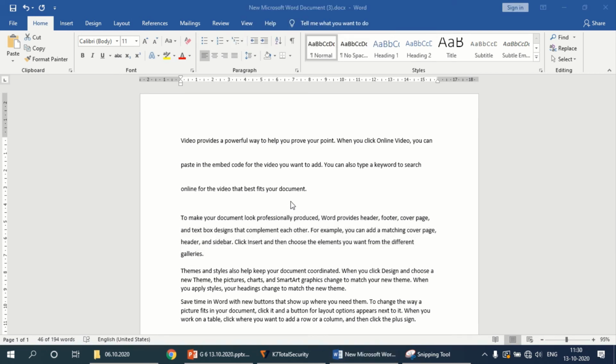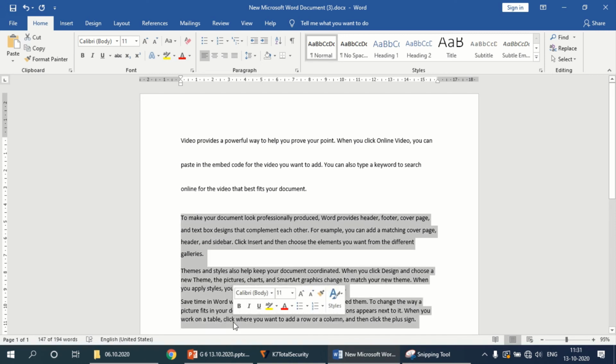The next is paragraph spacing. Paragraph spacing, what is paragraph spacing? Paragraph spacing is the amount of white space between two paragraphs. Okay, between these two adjacent paragraphs, how much is the amount of white space used? Okay, so this is paragraph spacing. Now let's see the steps on how to set the paragraph spacing. So first you can keep the cursor in the paragraph, or you can select all the 3 paragraphs.